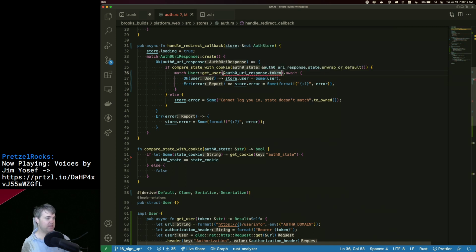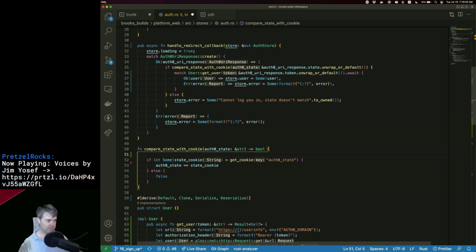Right. Okay, so we need to make sure that we have a token here. We can unwrap or default here too. So either we're passing an empty string or not. We could actually check to see if it's an empty string here.